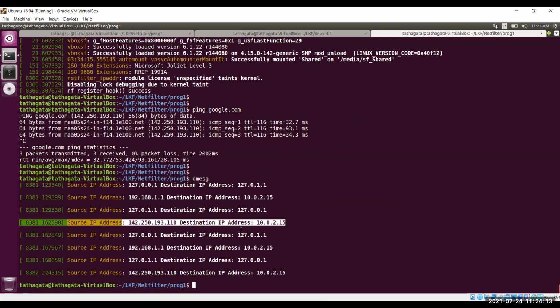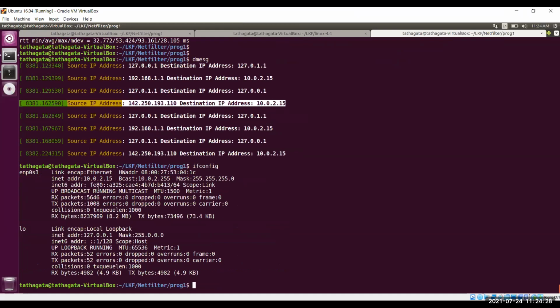Okay. But the point to be noted is that we are not getting any packet for which the source IP is 10.0.2.15. What is my machine's IP? 10.0.2.15. So we are not seeing any packet whose source IP address is 10.0.2.15 and destination IP address is this. This is because we have registered our callback in the pre-routing.